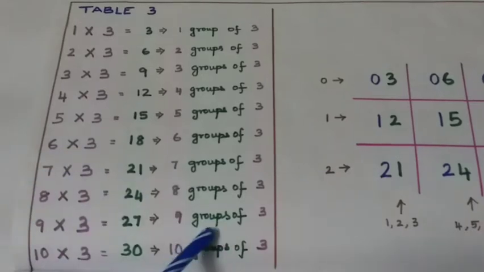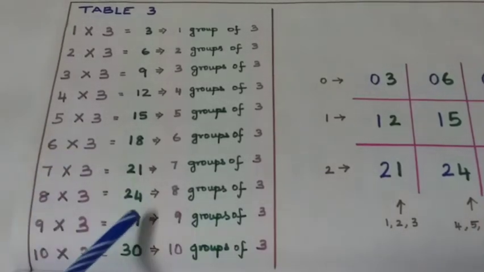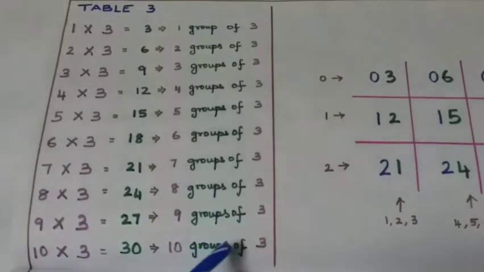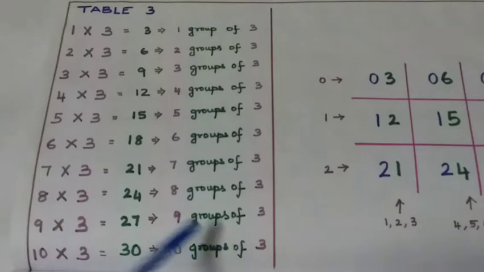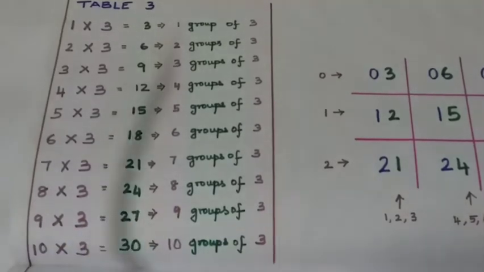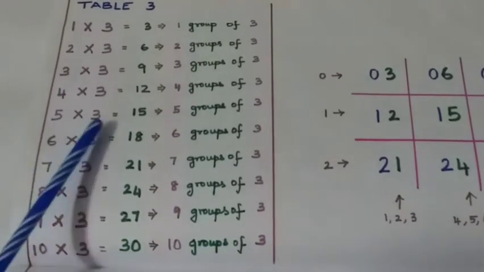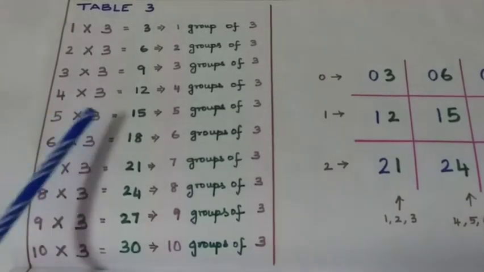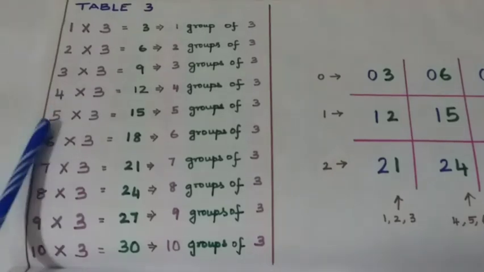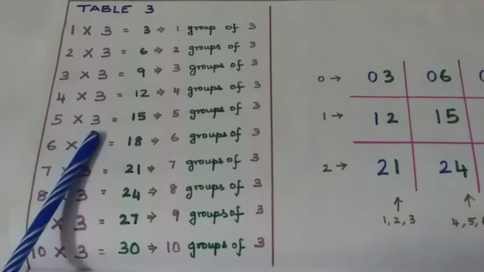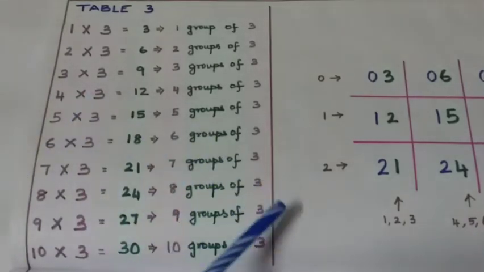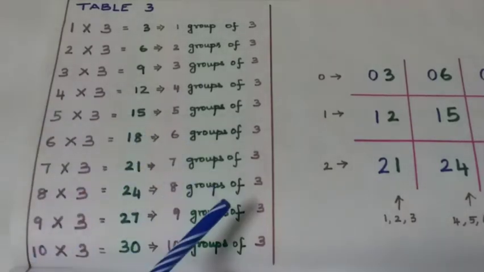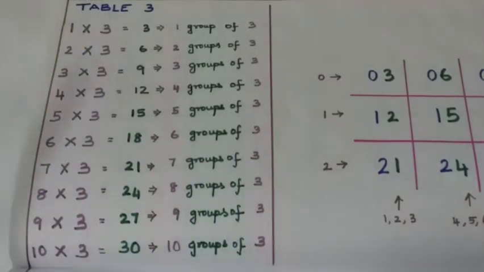And here I have written the meaning of each of the rows. So instead of introducing tables vaguely, for every table I write down the explanation here for the kids to be clear of what they are learning and why they are learning. So here if you take the row 5, 5 is being multiplied by 3. So there are 5 groups of 3, which means there are 5 groups with 3 items in each group. So the child should be able to understand these basic concepts, and they should be able to read it properly before we make them memorize the table.